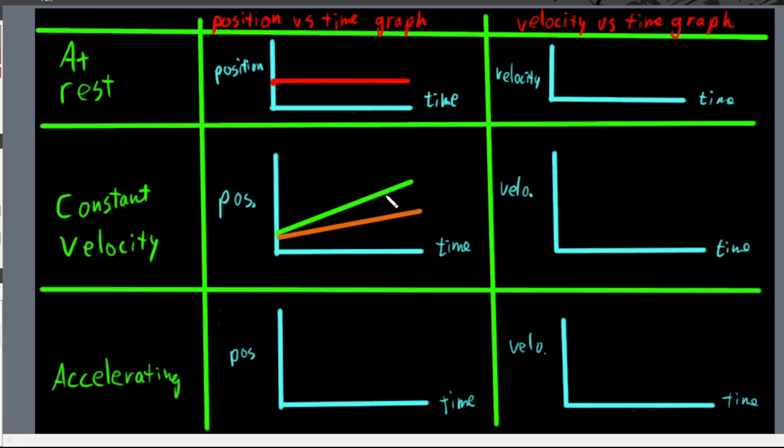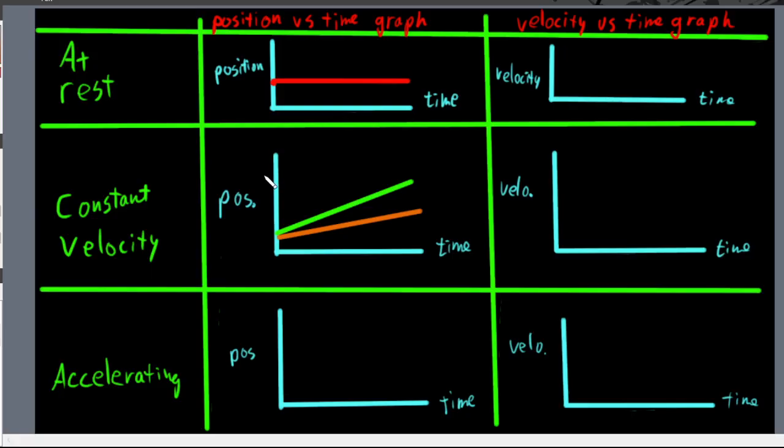Okay. Because I don't want to say more area, but sort of. What were you going to say, sir? All right. It's a steeper slope. And so the position is changing faster than the orange line. You can see that this position is changing that much every unit of time. Okay. Whereas this one's only changing maybe half that much. And so we can see that the green one is changing faster than the orange one, and so